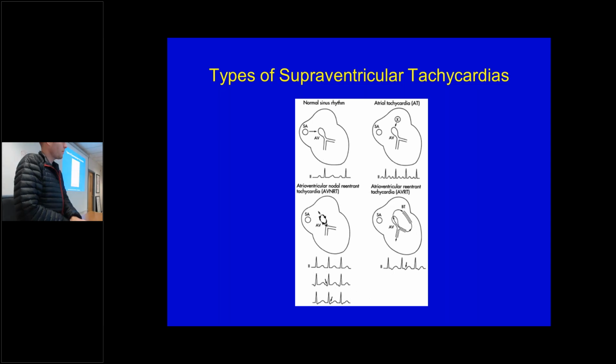So once we get it slowed, what's the P wave that we do? It'll change back to its regular SA node P wave morphology. Any other questions? I was going to ask, so given the rate on AVNRT or AVRT, you may not see the P waves at all. Nope. You might not. What about what rate would you expect? Especially the P waves that are before the QRS, you probably won't see. P waves after the QRS, you might still see,